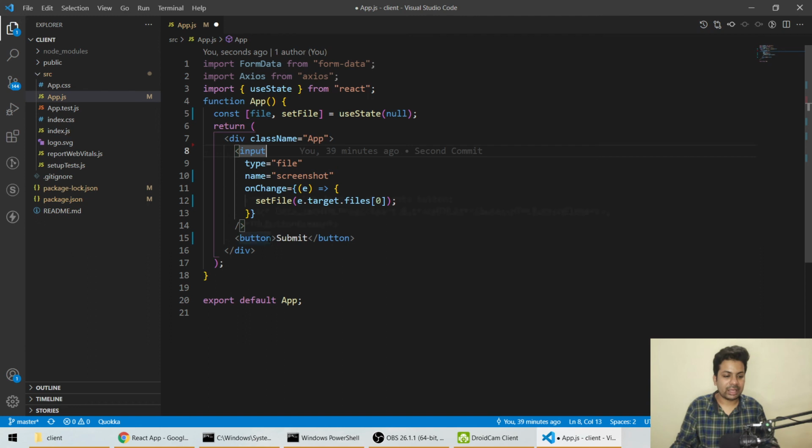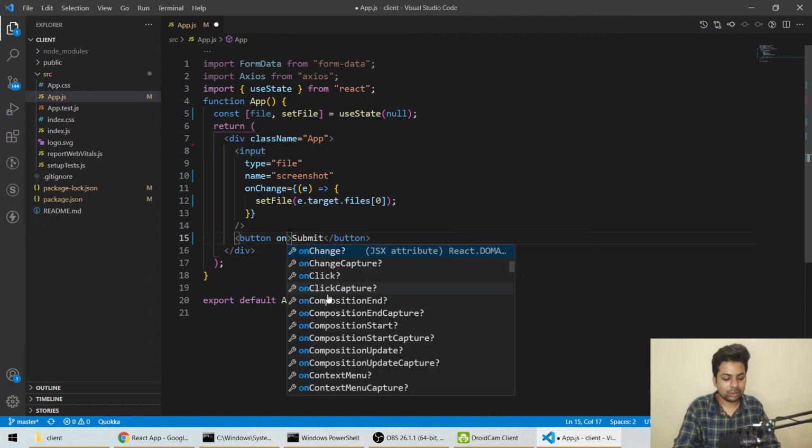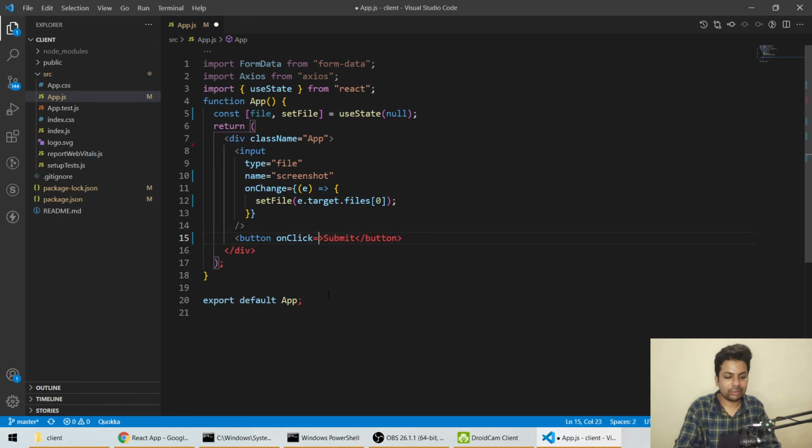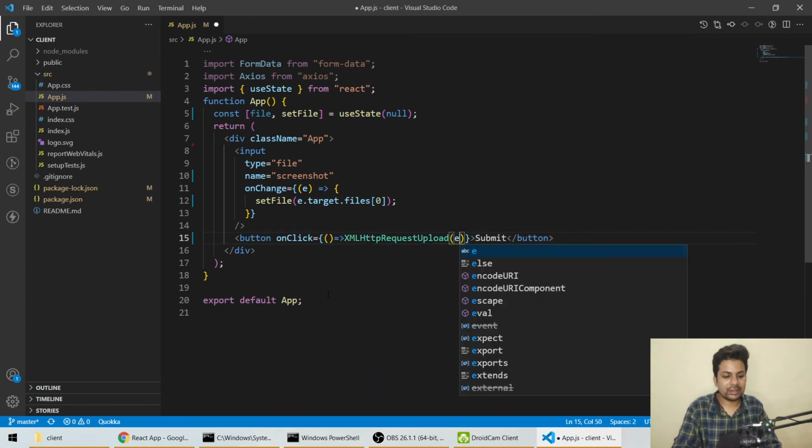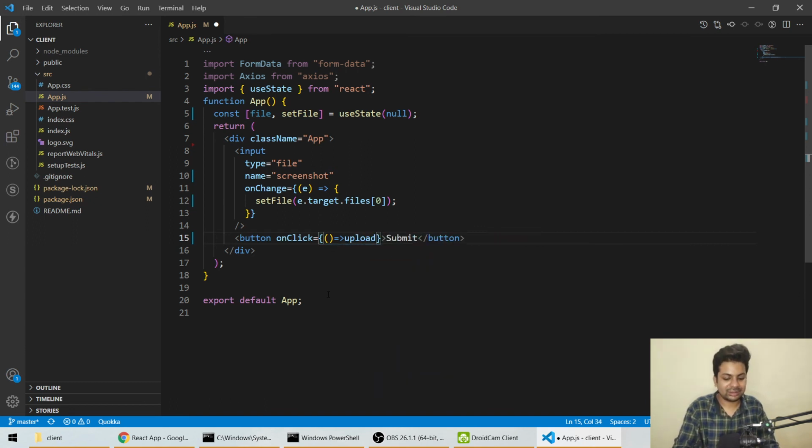For sending we have to post. On click, like on submit, we want to send a request, and the function name will be upload. Here we'll catch the event.